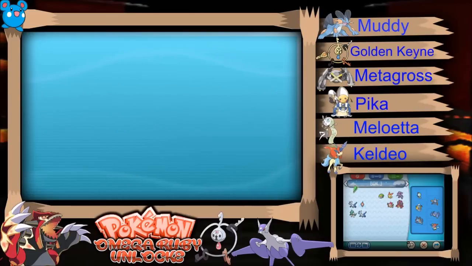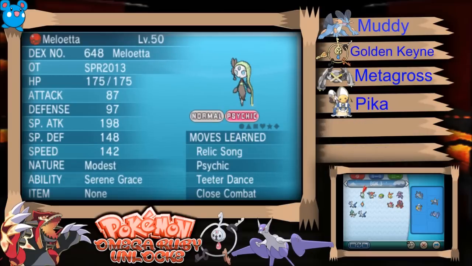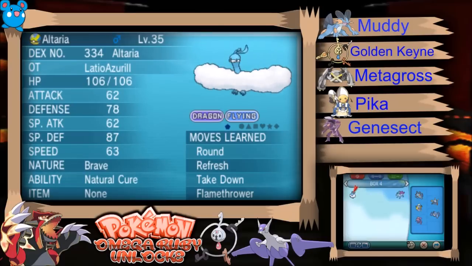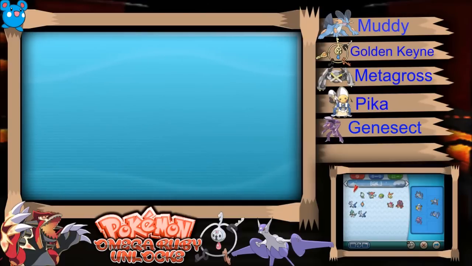So, let's put these two back in the PC. And let's take out... Whom do we want to take out? How about Shaymin and... how about Genesect for now? Take out Genesect. We still have our Altaria and our shiny Japanese Suicune, for whatever reason. But hey, that's fine. Fine indeed. Alright. So, let's also take out...